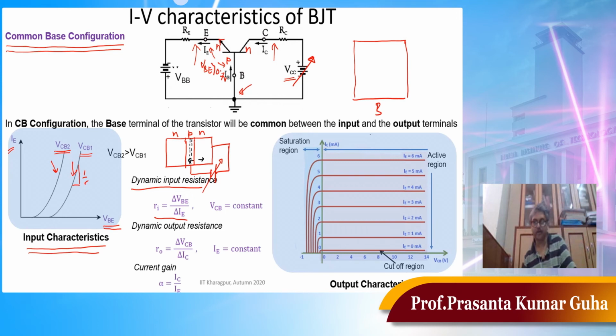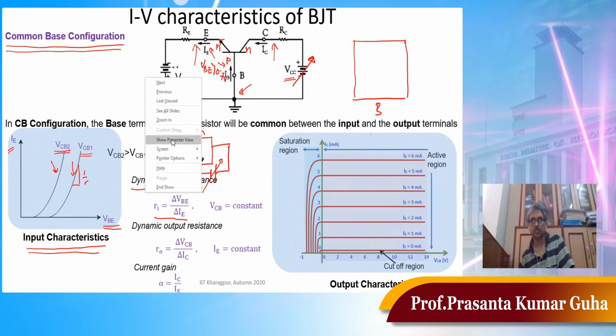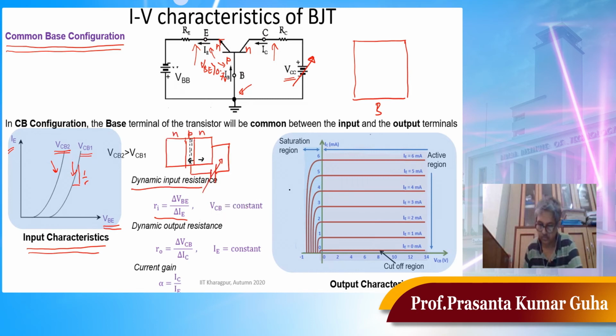Now if I have, this is the depletion region because of VCB. Okay, and if you increase the collector base voltage, the depletion region will increase further, will go inside the base,